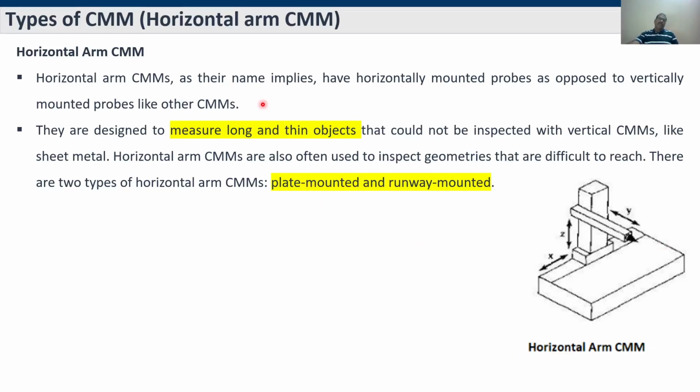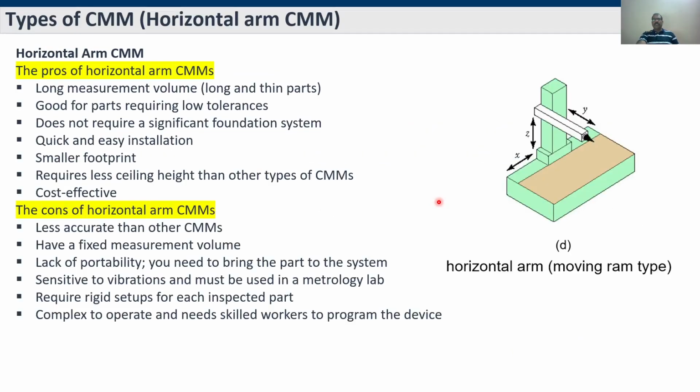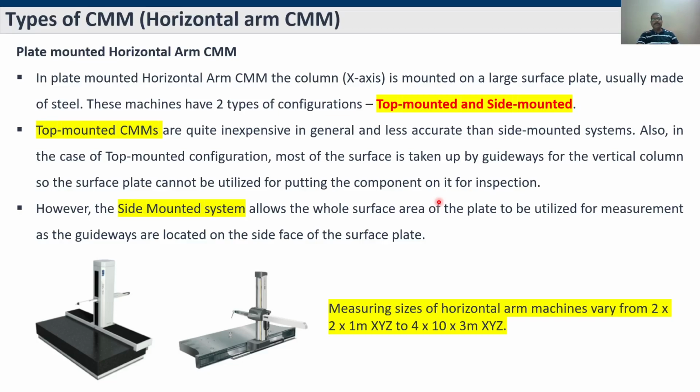In the horizontal arm CMM, you will again have two types. One is plate mounted, another one is side mounted. So what is plate mounted? What is side mounted? We'll see. The advantages and disadvantages will come later, after seeing the two types. So one is the plate mounted horizontal arm CMM, and another one is side mounted. So in the plate mounted horizontal arm CMM,